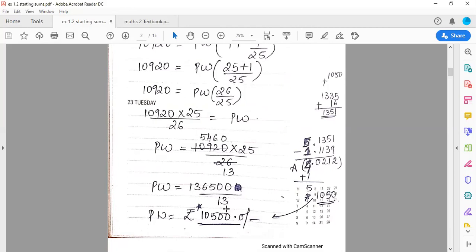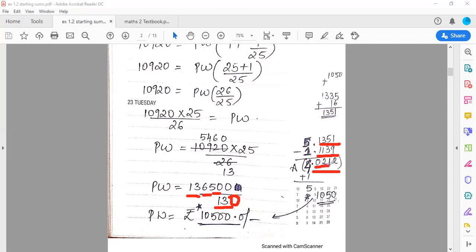In the denominator, you have two numbers. So 2 minus 1, 1 point. Log का logic is 2, 1, 1. That means 13 को you will see under 6 का column, ठीक है, number 6 का column and mean difference 5 का column. So the logic is 13, 6, 5. So 13 under 6 plus mean difference 5, you'll get the value 1351 in the log table. Same way, in front of 13, backwards there is no number, so we'll add a 0. 13 under 0, you will get 1139. After subtraction, you get 4.0212.